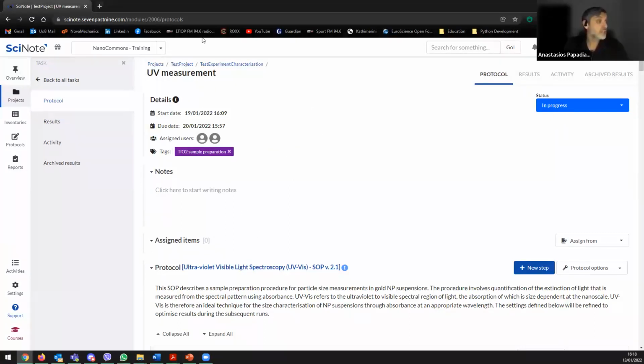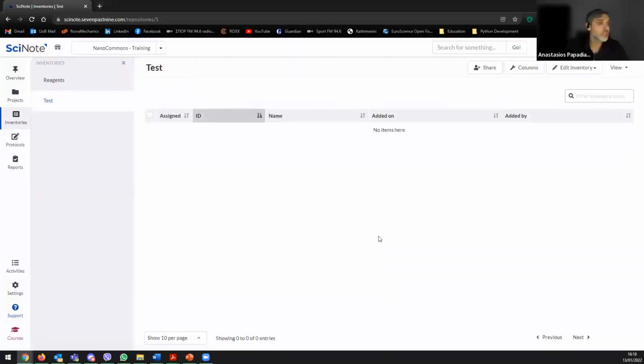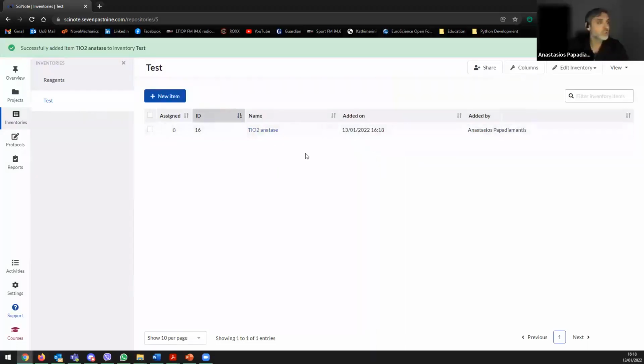So as I said in the beginning, another thing that is very important is the inventory. Inventories can be thought of as a type of Lean software, where you add more or less what you want to do. Your sample,